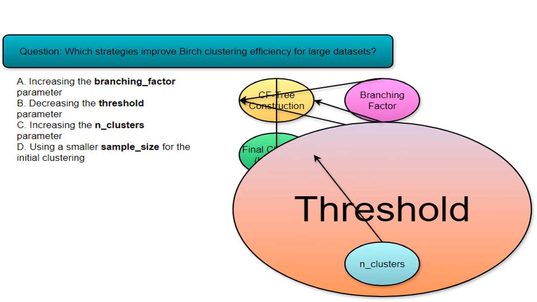The threshold determines how close data points need to be to join the same cluster. A smaller threshold means many small clusters, making the tree complex. A larger threshold means fewer, bigger clusters, making the tree simpler and faster to build. Think of it as a magnet's strength. A weaker magnet, smaller threshold, attracts only nearby points, while a stronger one, larger threshold, pulls more widely spread points